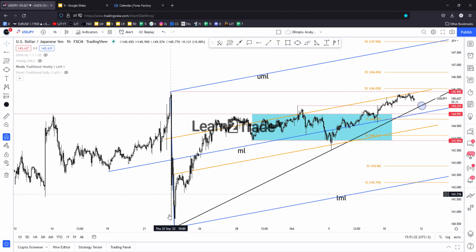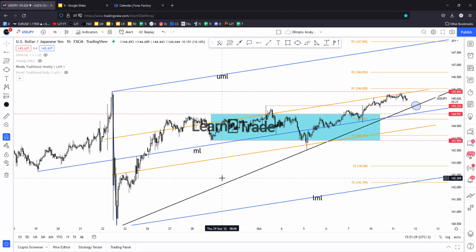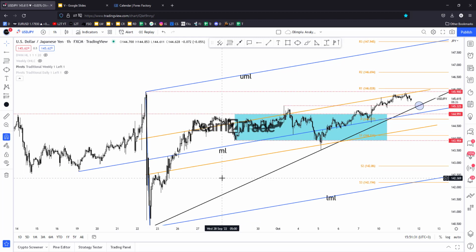That's why we had this sell-off. The BOJ decided to buy Japanese yen for US dollars, or to sell US dollars for Japanese yen. So that's why we had this massive sell-off, but it was only a temporary sell-off, and the bias remains bullish,